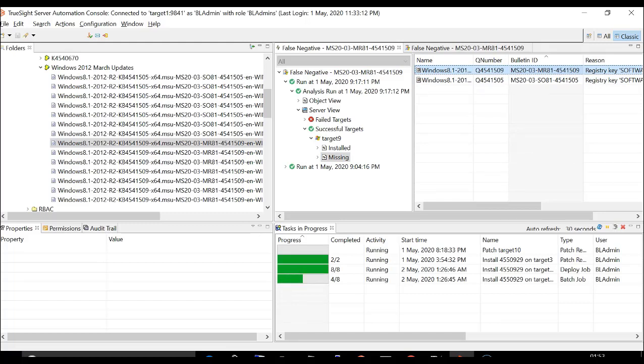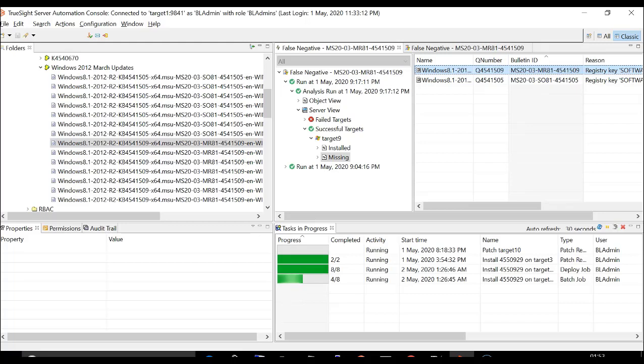So the high level steps are: in case there is a patch which is expected to be missing via TSSA but it is not being reported as missing, the first thing you should do is try to search more about the patch. If the patch is applicable to a certain version of a software, let's say .NET 4.5, do you have 4.5 installed on the server or not?